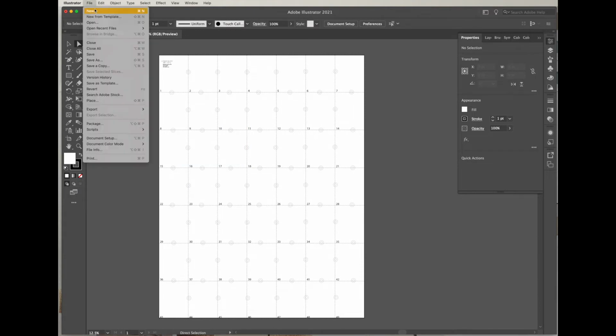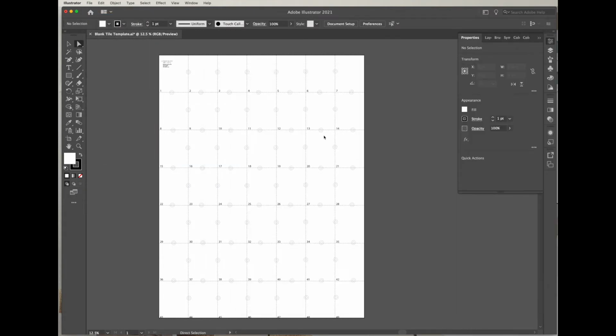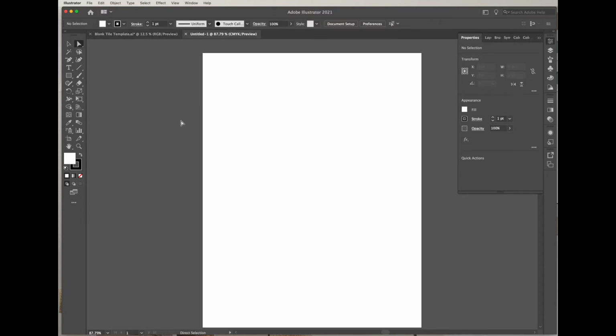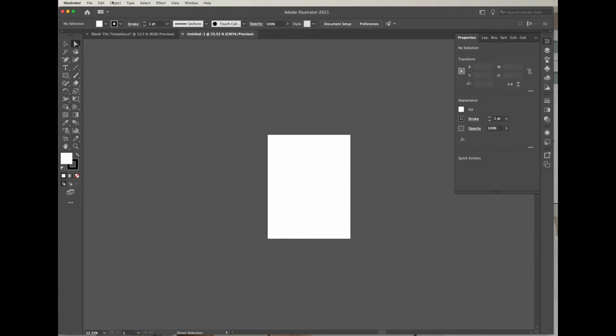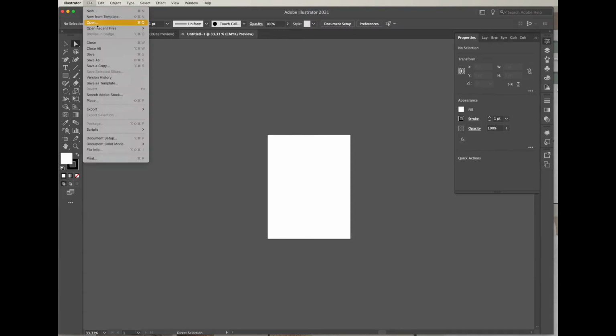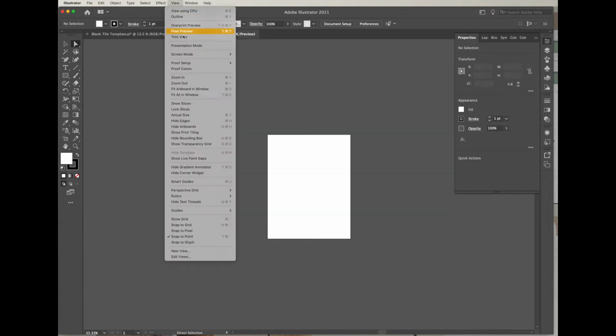So we will go File and New. Let's just do letter size, create. We're going to zoom out just a smidge. And so we're going to go File, Print. You are going to go to Scaling, and you're going to click Tile Imageable Areas, and you will click Done. Then you will go View,